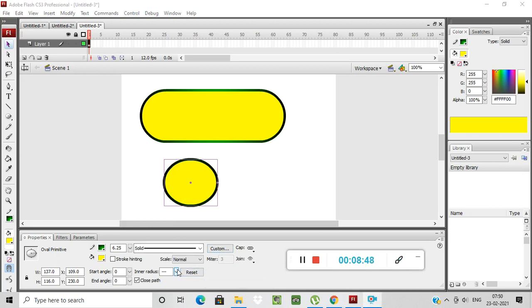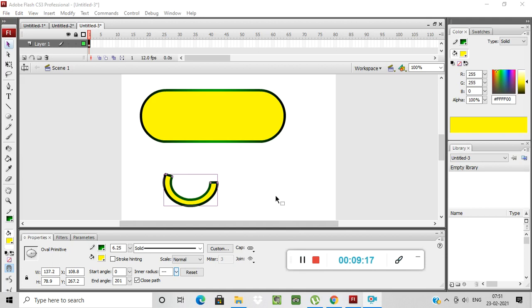For the oval you need to click on this option, inner radius, from the property panel. Just click on the option and see what is happening. The shape is changing. Okay, likewise you can change the shape of your oval. Understood?